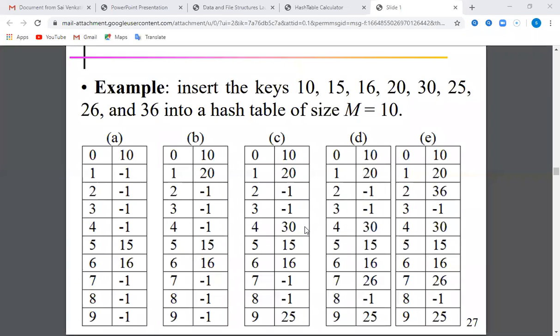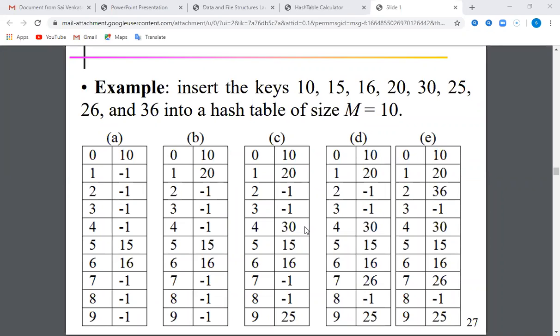How to do quadratic probing. So in linear probing versus quadratic probing, what is the difference? In linear probing, we will just look for the next empty slot sequentially in a linear fashion. Whereas in quadratic probing, we are going to count the number of collisions, and for the number of collisions, we will do the square.